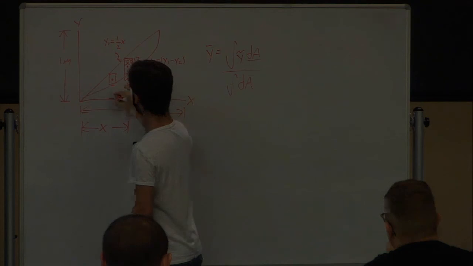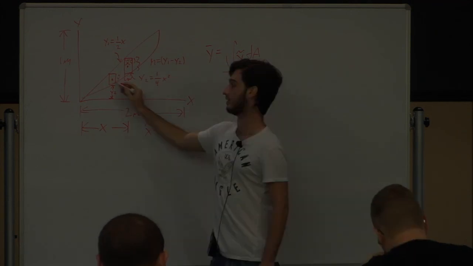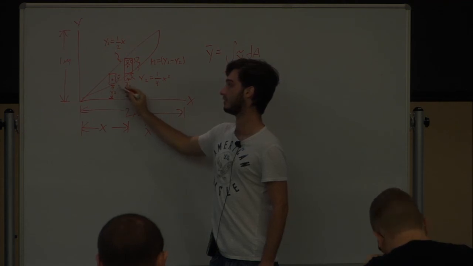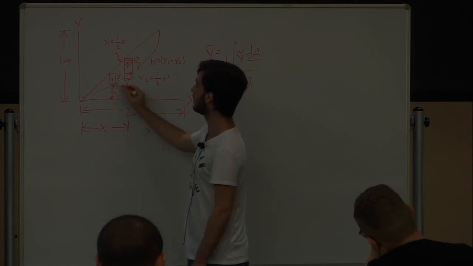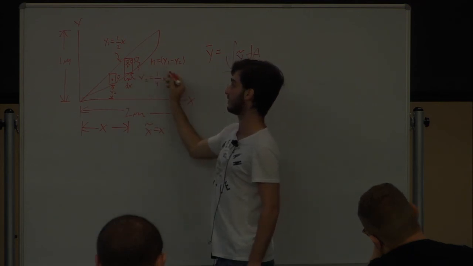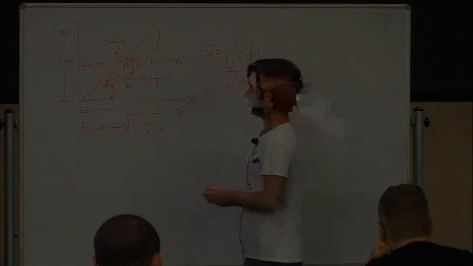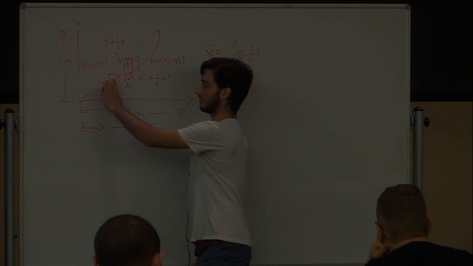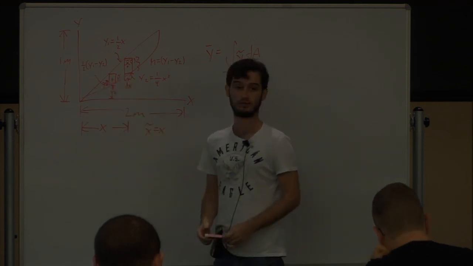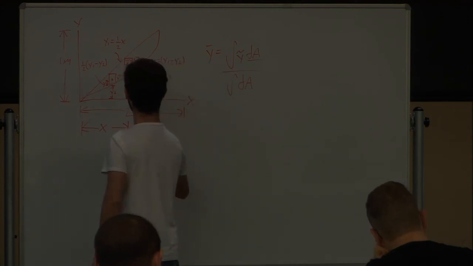I want to find how far away y tilde is from the axis. So I just need y1 minus y2. This centroid is located right in the middle of this rectangle, so this is just half the distance of my h. Then I add these distances and I get my total y tilde. So let me write them over here. My dA is y1 minus y2 dx. My y tilde is y2 plus